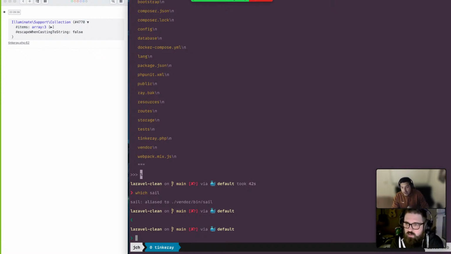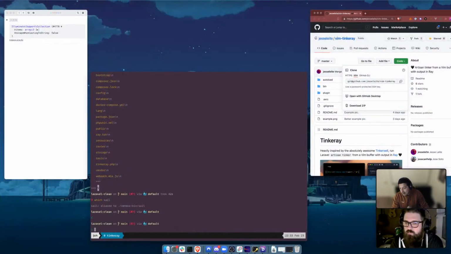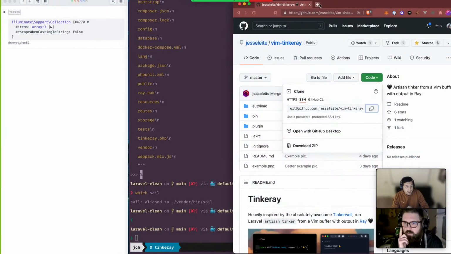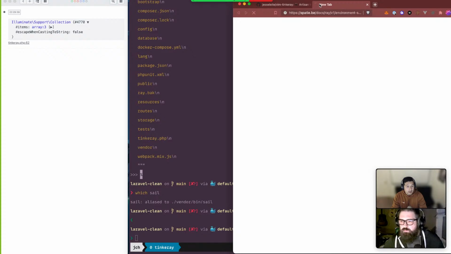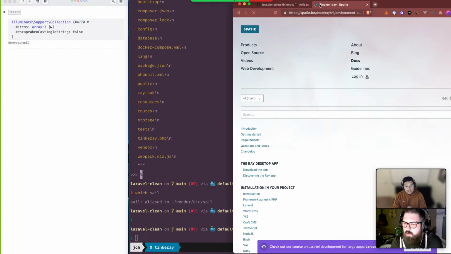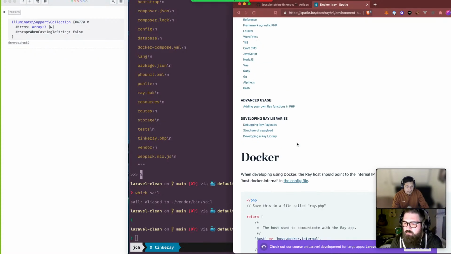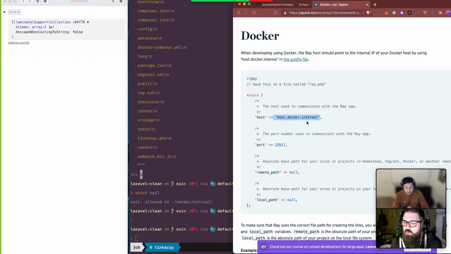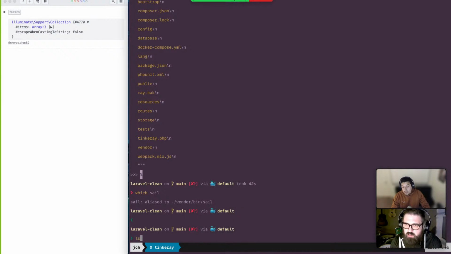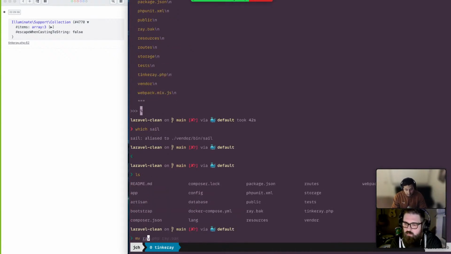Even Ray has something like that. Ray has a specific section for Docker. Okay. Just to explain, hey, if you're going to be running this in Docker, have this ray.php file in your root, and make sure that it has this. It'd be the exact same idea. So did you have to do that as well, having that ray.php file? Yes. If you see, I have it here. I changed it back so that we could